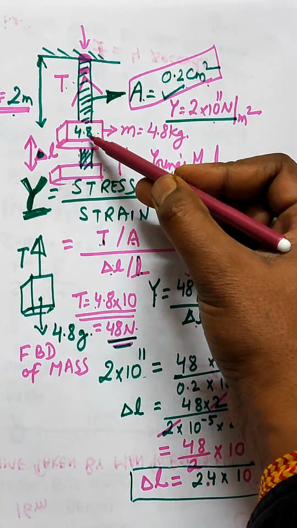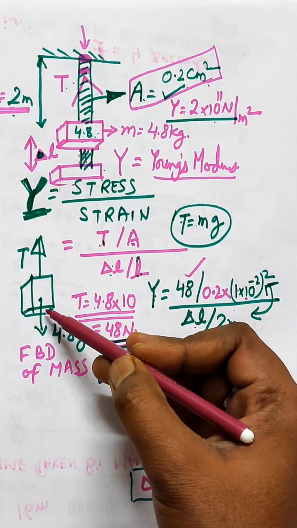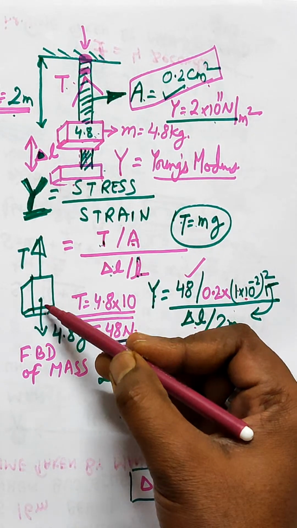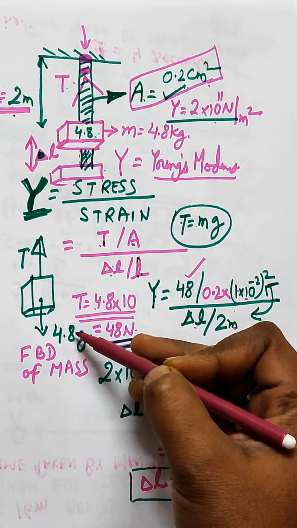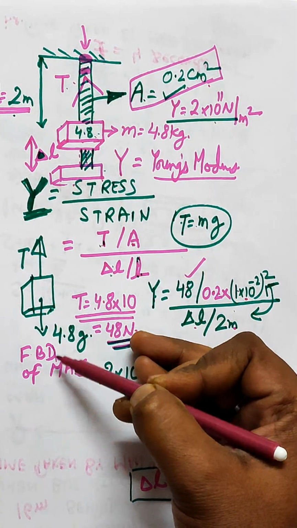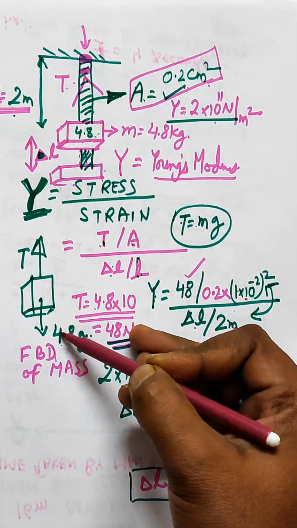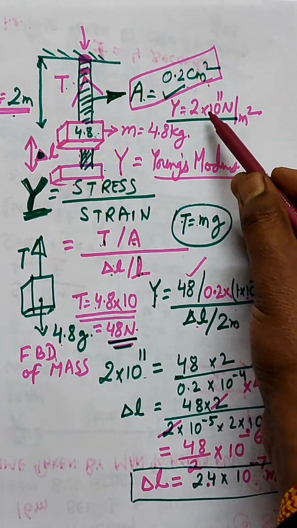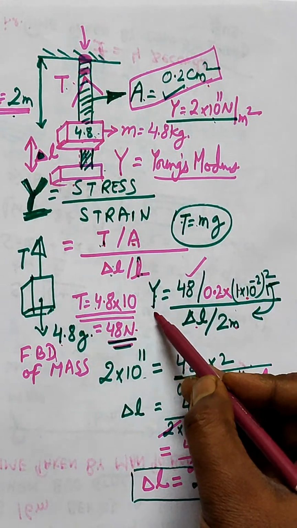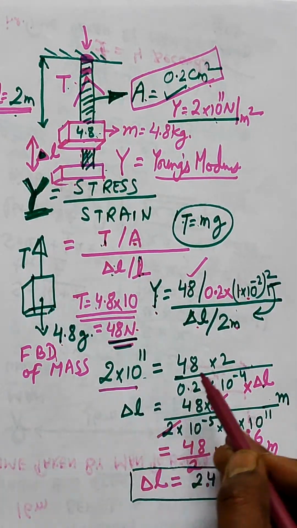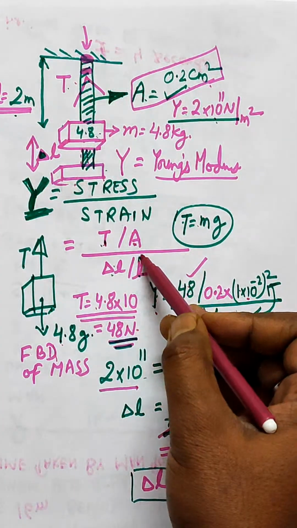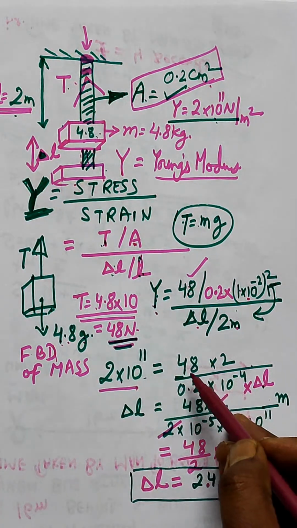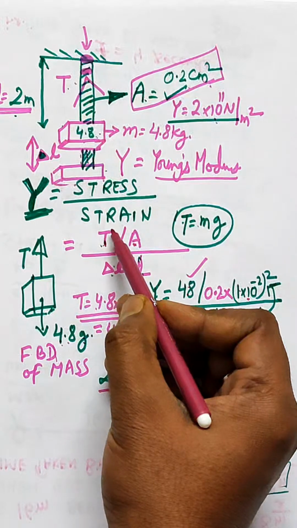this 4.8 kg weight. So we draw the free body diagram of this weight, this mass. So 4.8 kg is the mass, then weight will be 4.8 into g, weight equal to m into g. So this will be acting downward, so T equal to mg. Since stress by strain is the Young's modulus, putting the value of Young's modulus as 2 into 10 to the power 11 over here into the LHS, and the RHS will be stress by strain. Since T equal to 4.8 into g, that is 48 Newton, putting the value of 48 in place of stress, that is T,